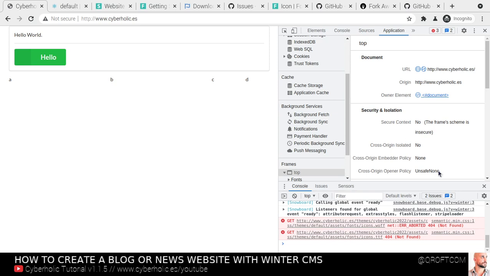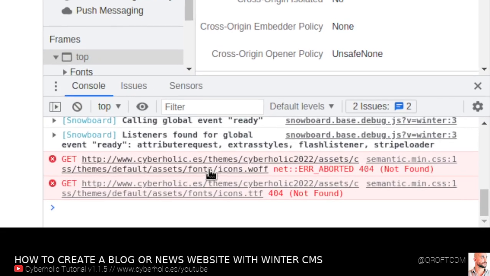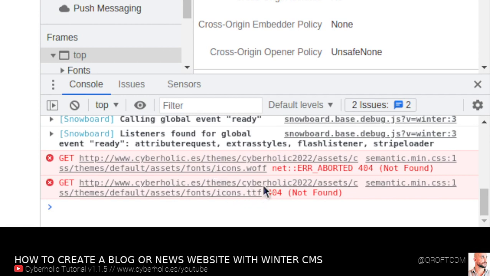So in this tutorial 1.1.5, I need to talk about the whole Font Awesome problem that I had. Maybe if you haven't seen the last video, just a small review about that. The situation is that on my website, I have included Fomantic-UI locally. And the problem is that, as you can see down here, it doesn't find the